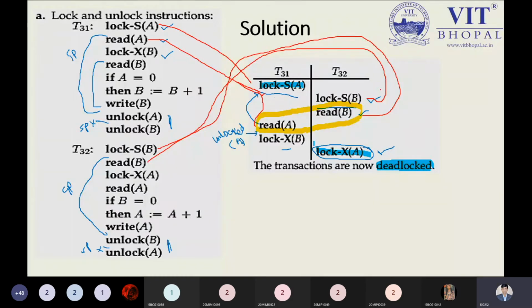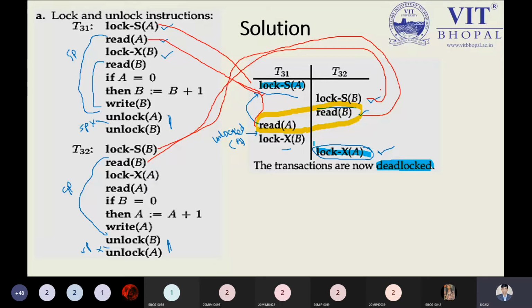All the instructions of the transaction T31 are not executed at one moment, and thereafter the transaction T30 will not be executed. Here we have concurrent execution. We don't have serial scheduling, where transaction T31 executes all its instructions first and then transaction T32. This is not happening; this is happening by the concurrency control.